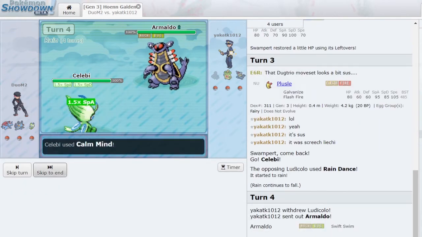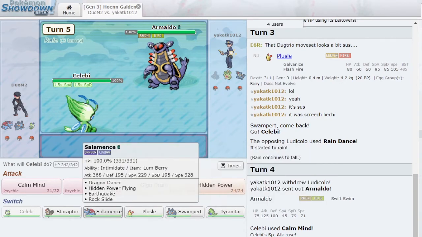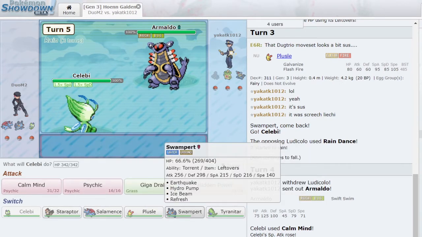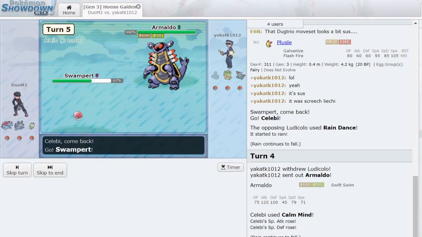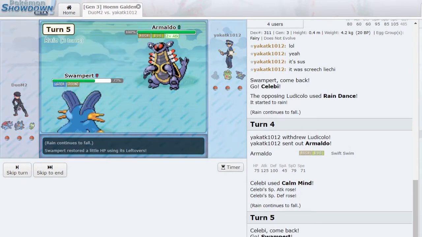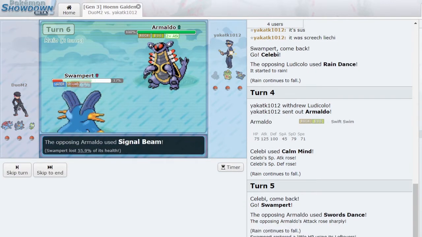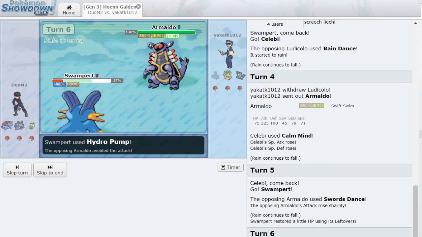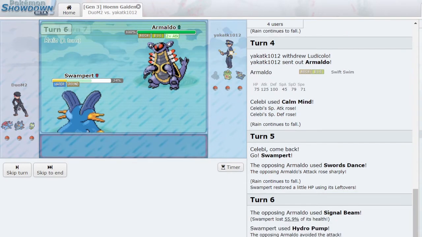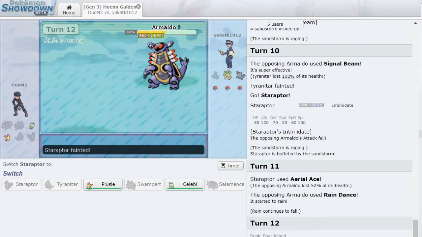Okay, Armaldo. This thing Signal Beams me. And it also has Earthquake. His coverage in general is really scary. I'm just going to go Swampert here. As he Swords Dances. I don't know if this thing kills me in one hit, but I don't know what else I deal with this with, so... Oh. I lose this now, don't I? 12 seconds later. Yeah... Let me just...